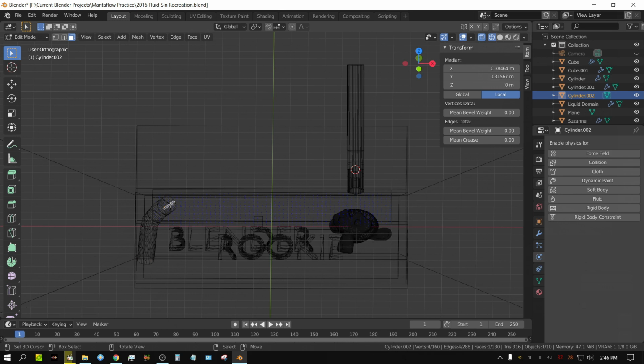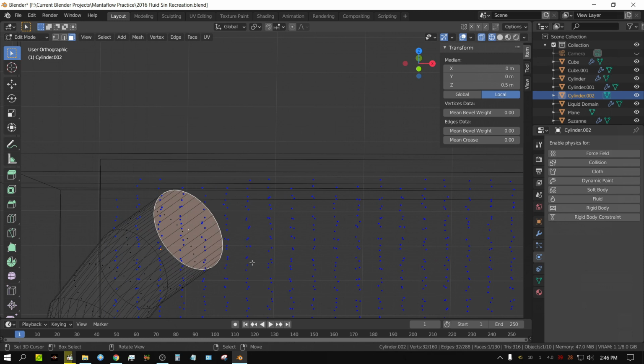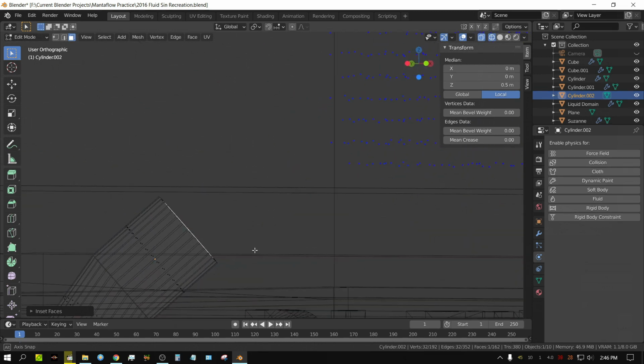Now let me select this face and I'm going to inset this, inset, and now I'm going to extrude this in. Extrude,